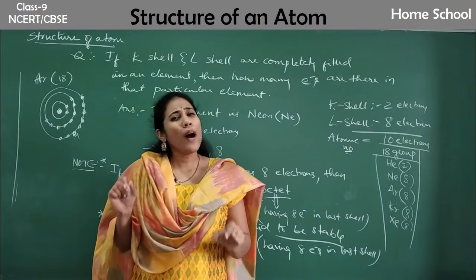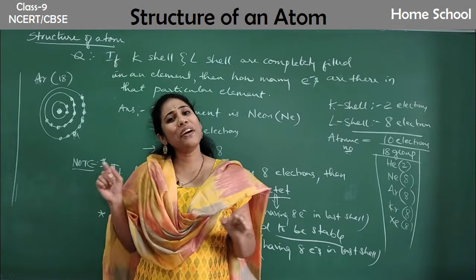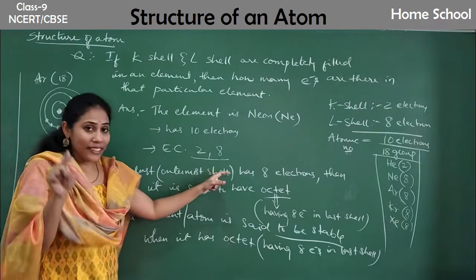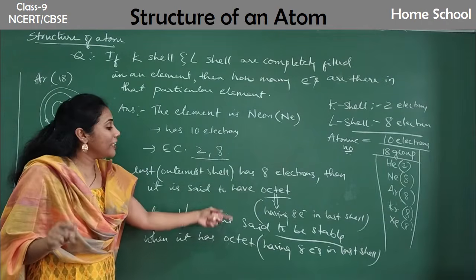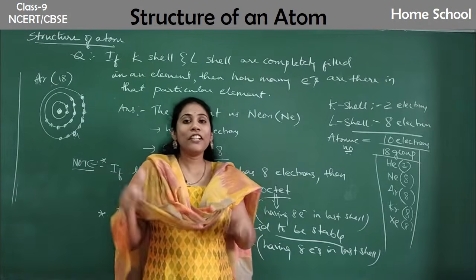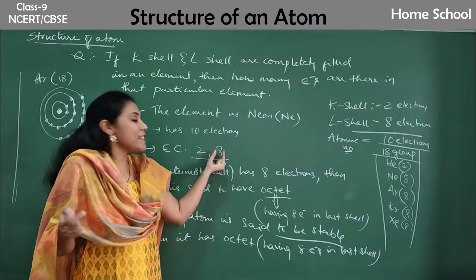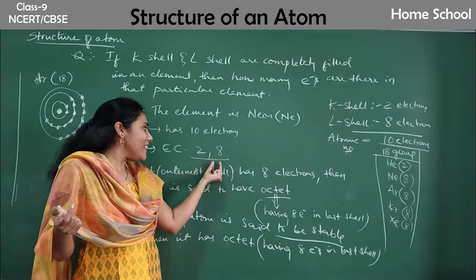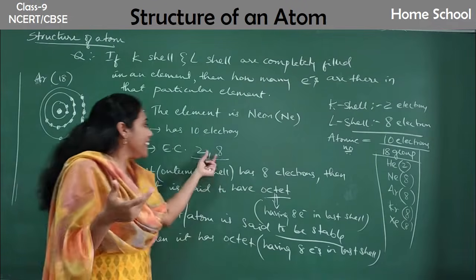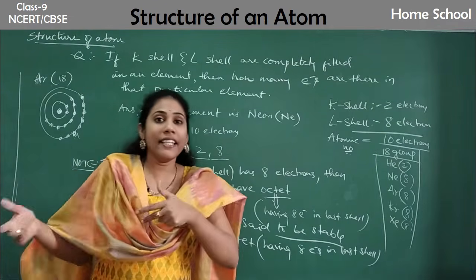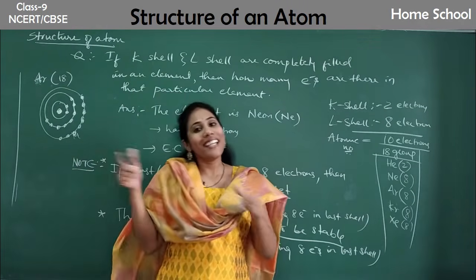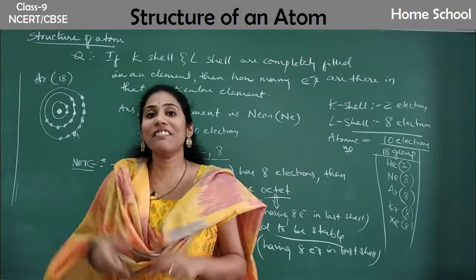Right? So, why do some elements have to lose electron or gain electron? As I already told you, they will lose or gain electron in order to have 8 electrons in their last shell. If they have more than 8, or if they have less number of electrons in the last shell, they eagerly wait for having 8 electrons in their last shell by gaining electron or losing electron. That is why the atoms lose or gain electron, just to have that stability.